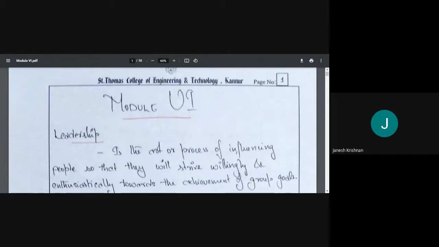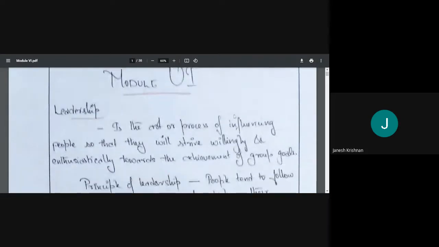Okay. So when we say leading or leadership, what is leadership? Leadership is the art or process of influencing people so that they will strive willingly and enthusiastically towards the achievement of group goals. So leadership can be defined as an art, a process of influencing people, so that the people will willingly